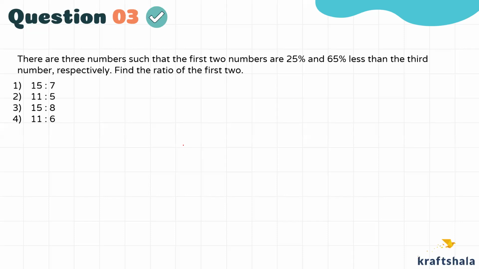All right, let's try. So this question shouldn't have taken more than 10 seconds, to be honest. Such questions help you to get into the zone. So there are three numbers such that the first two are dependent on third, right? First by 25% less and second by 65% less. So why not assume third number to be something? मान लेते हैं third number is 100. First number is 25% less. So 100 का 25% less, 75. And second is 65% less.